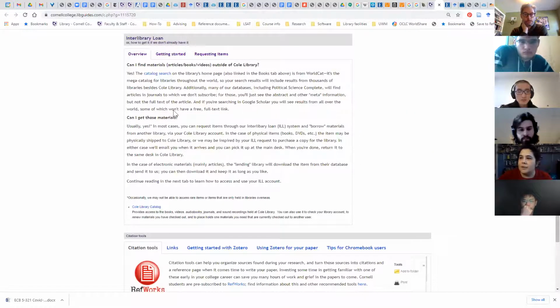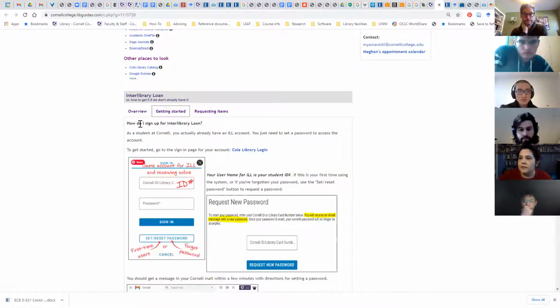The other piece that I wanted to show you: getting started, the sign-in for interlibrary loan and for all of our databases is different from the sign-in for everything else at Cornell. Your user ID is actually your student ID number on your student ID card, and then the password is whatever password you set up.